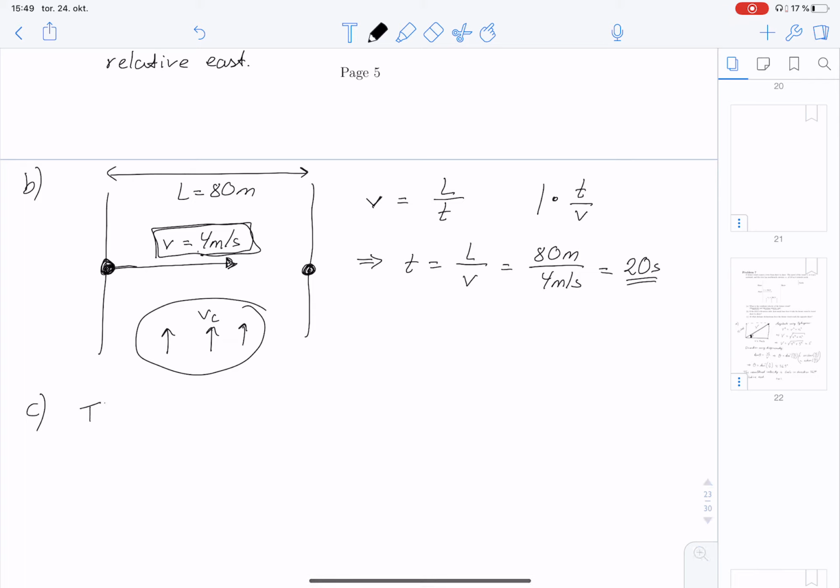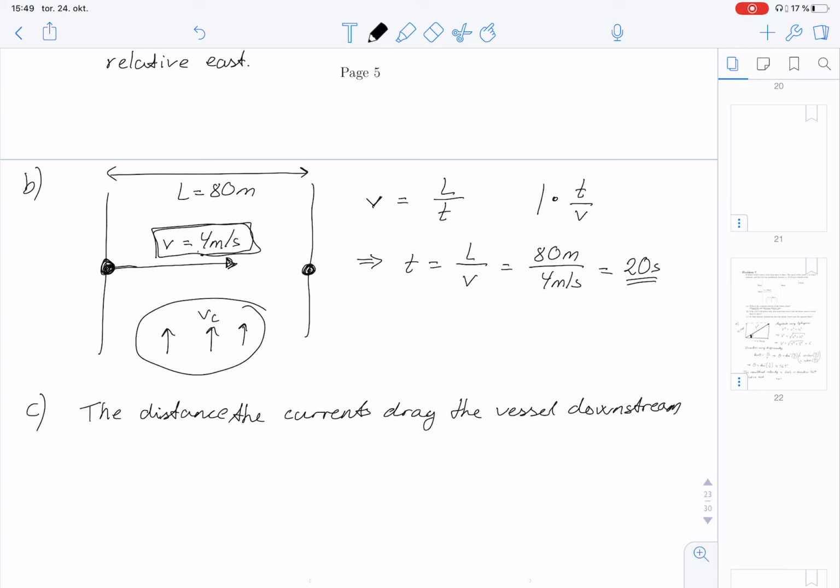So the distance the currents drag the vessel downstream during 20 seconds